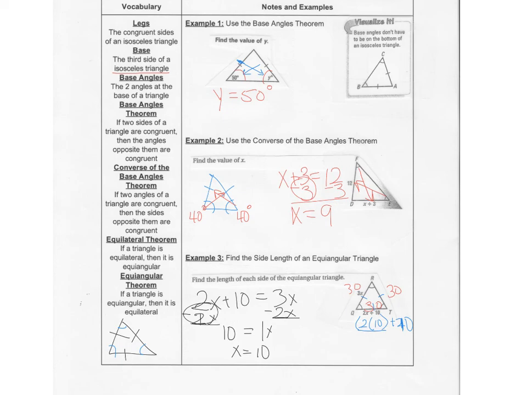Last example, example 3. And let's talk about this equilateral theorem. It says if a triangle is equilateral, meaning all three sides are the same, it's all